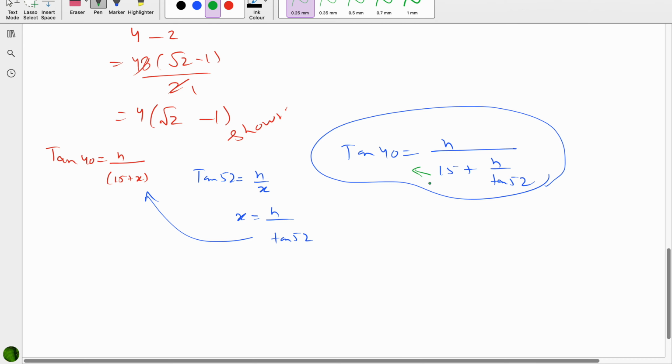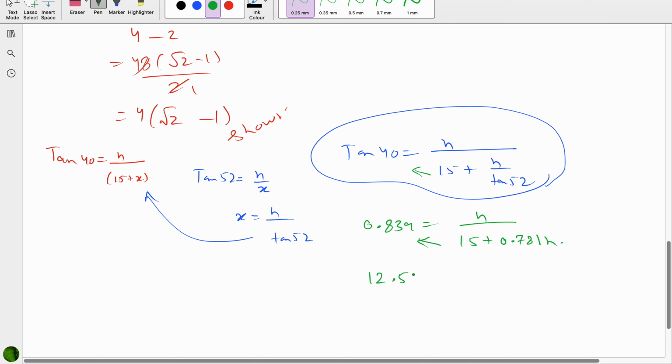Now we go for multiplication. I'm converting it into decimals. Tan of 40 is 0.839, equals h over 15 plus, and I'm writing this as 1 over tan 52. 1 divided by tan 52 makes it 0.781h. We multiply 0.839 times 15